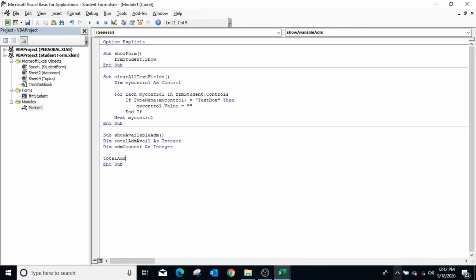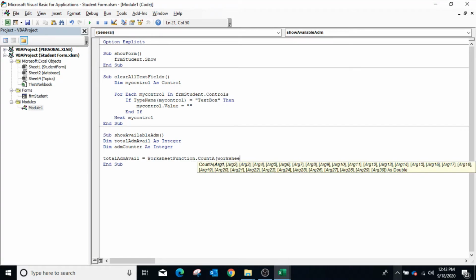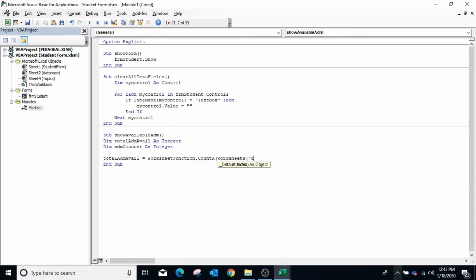So type total available is equal to WorksheetFunction.CountA, and we'll check Worksheets database dot Range A colon A. Now clear the combo box before adding any items.